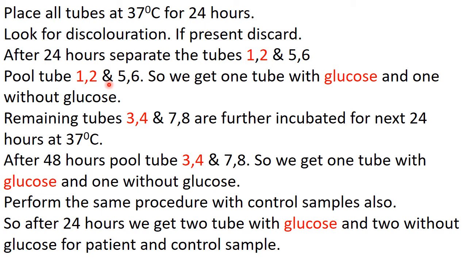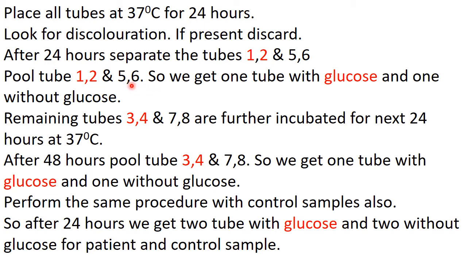Remove 4 control containers, 2 with glucose and 2 without glucose. In my previous slide I told you 1, 2, 3, 4 are with glucose. So here we will be taking 2 with glucose, that is 1 and 2, and 5 and 6 without glucose. I have colored the tubes with glucose in red. Now pool the tubes. If there is no discoloration, pool the tubes 1 and 2